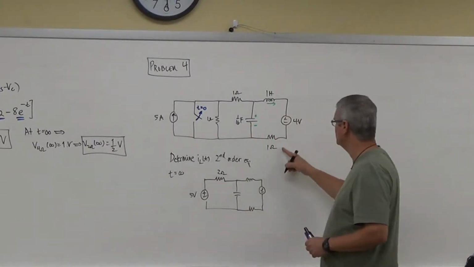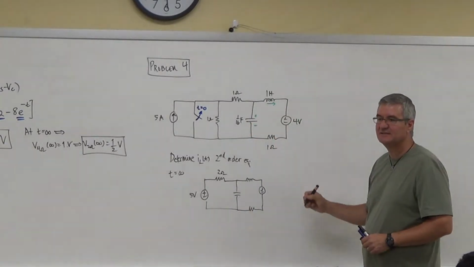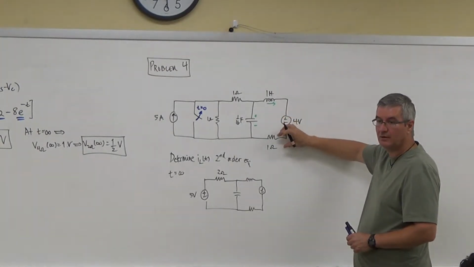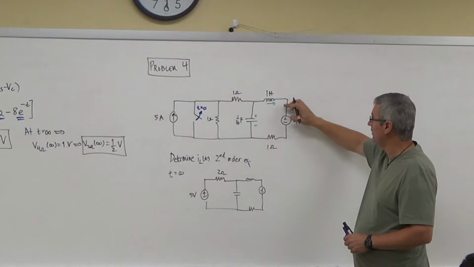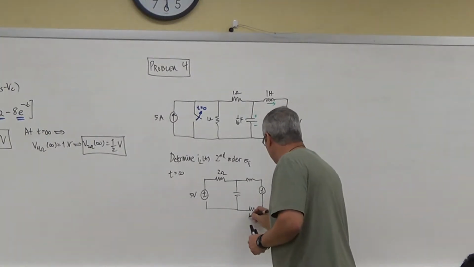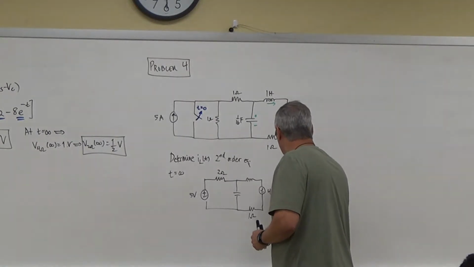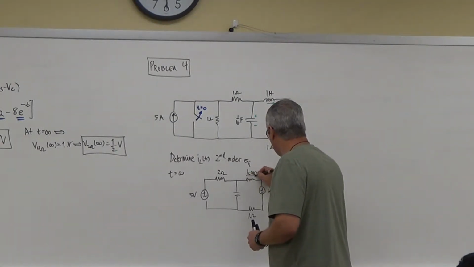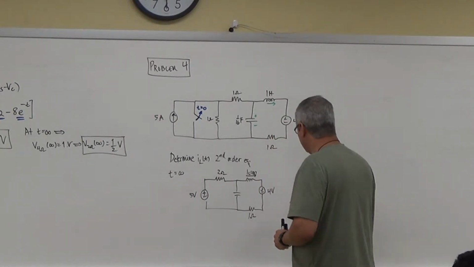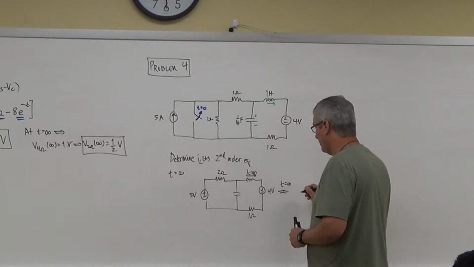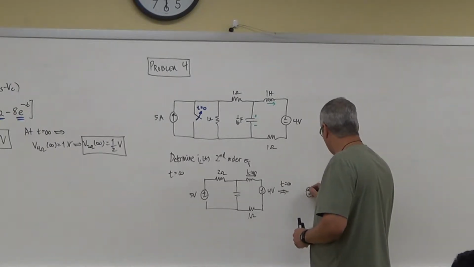So why don't I do a source transformation here? It doesn't make any sense, because then I'm going to get a current and a voltage in parallel in series with the inductor. That doesn't help me. So I'm just going to keep it like this here. And so now I'm looking at this guy here. That's what I want. So at t equal to infinity, what I'm seeing here is a 5 volt,